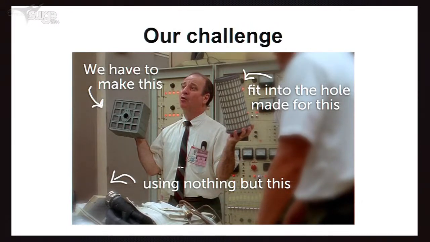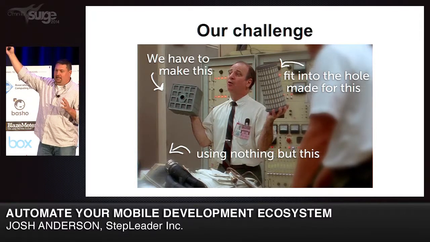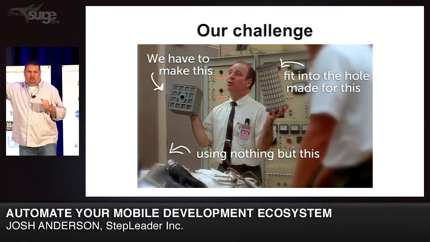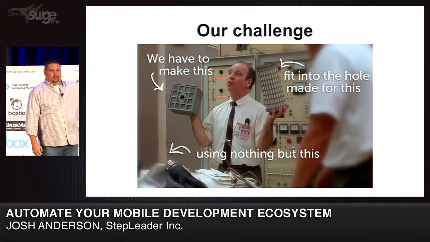This is a part of Apollo 13 that I love showing to my teams. If you haven't seen the movie, Apollo 13, the mission is in trouble. There are 3 guys in space. Their filters have broken. These guys are the engineers back on Earth trying to figure out how to fix the filters. They dumped this pile of parts and said, we have to fix this by making that fit into that with only just that. And that was the state that we were in, right?